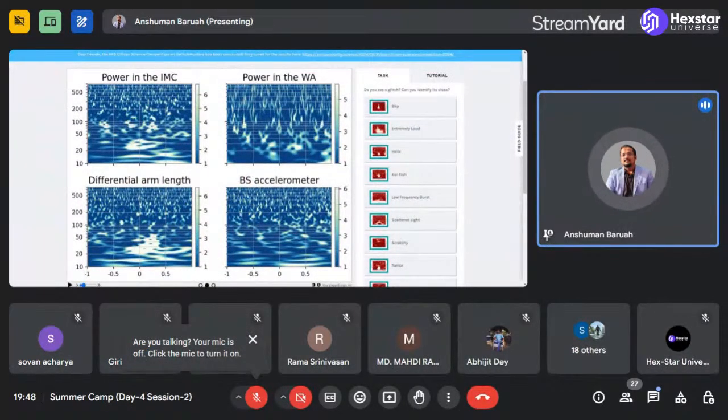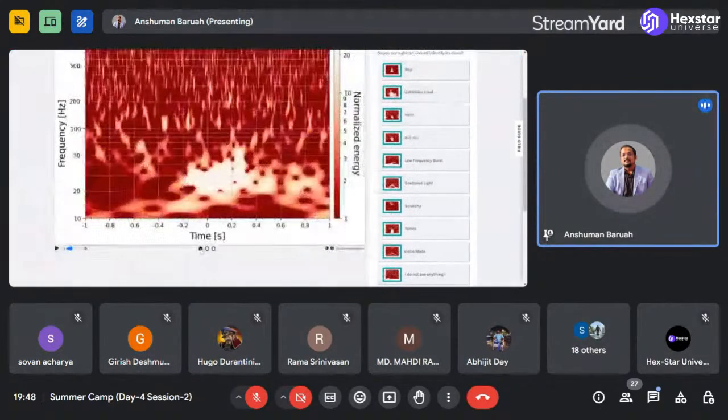These are spectrograms obtained from different components in the gravitational wave detector. Say, for example, this one is the spectrogram from the western arm. This one is the differential arm length, meaning the difference between the lengths of the arms. This is an accelerometer, which is a seismic sensor. This is a waveguide, which we call the IMC.